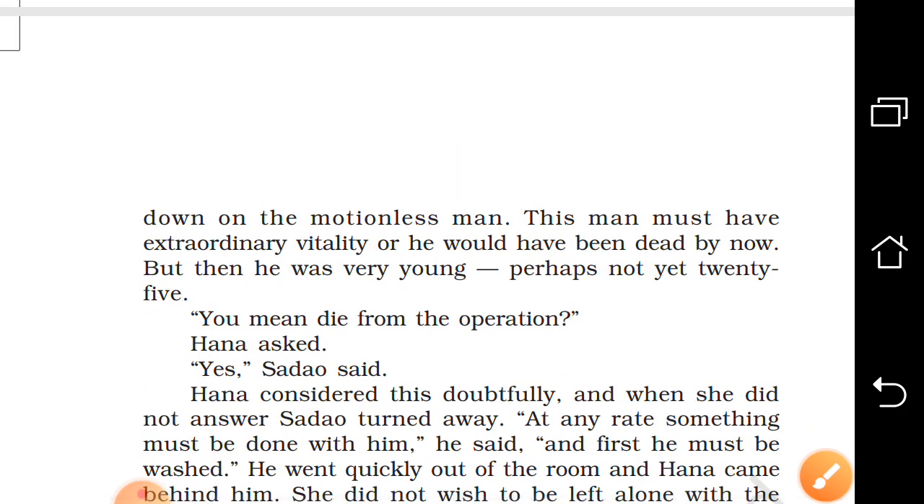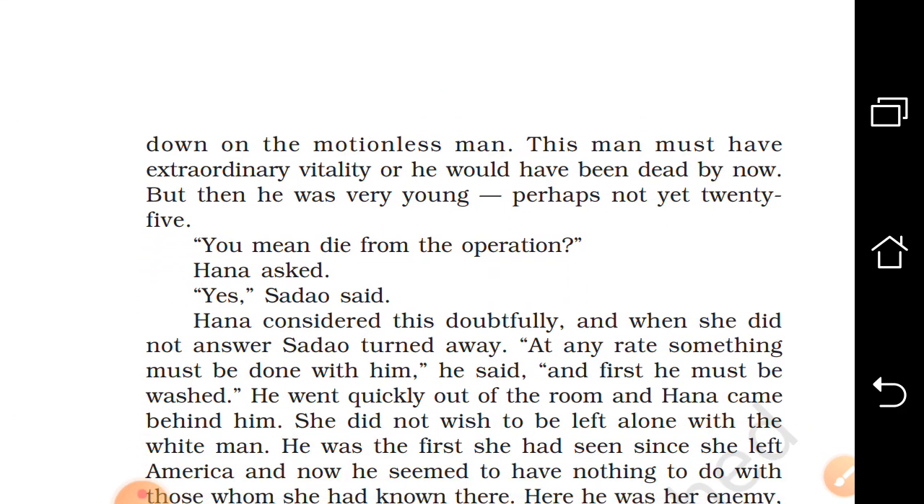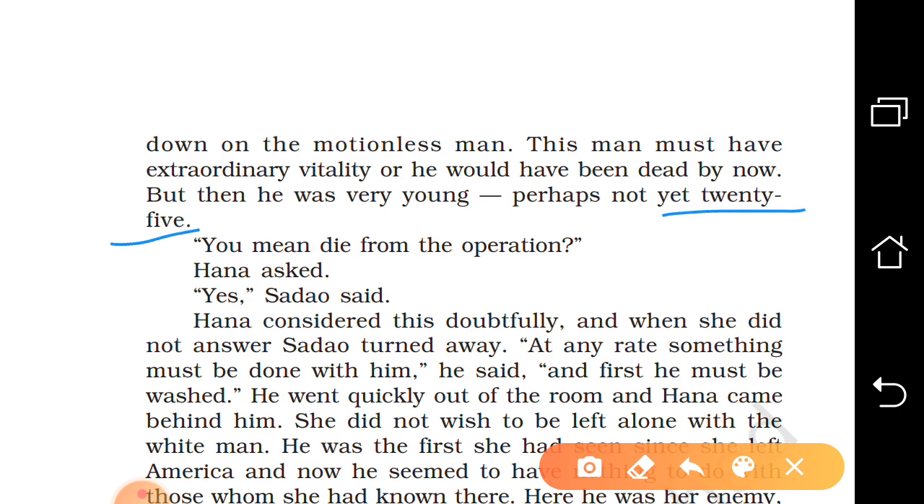Down to the motionless man. This man must have extraordinary vitality, or he would have been dead by now. But then he was very young, perhaps not yet 25. So the doctor presumes that the man is a man of courage and might not be more than 25 years. So it is guessed that he is a very young chap having much courage, otherwise he would have been